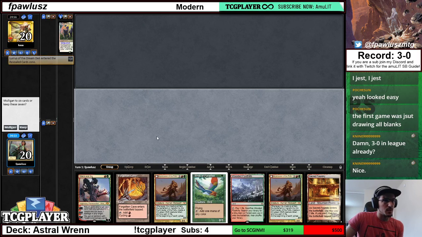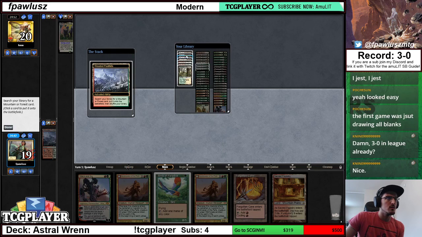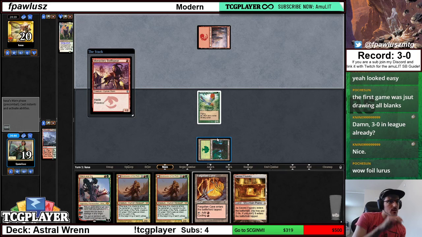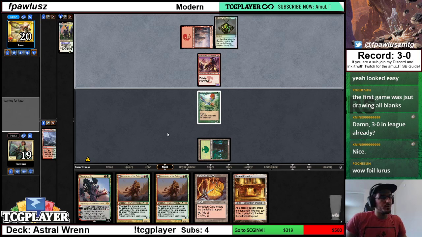Playing against Lurrus again. Oof. This hand is what dreams are made of, chat. So I'm expecting my opponent to be potentially on some burn deck of sorts. Yeah, so that's why you fetch for a basic there. So the plan obviously is going to be to get to Hunter Master. And once we get to Hunter Master territory...